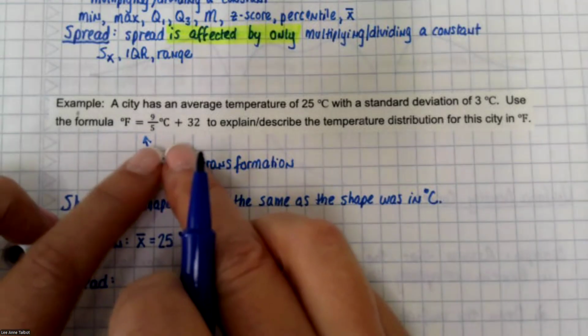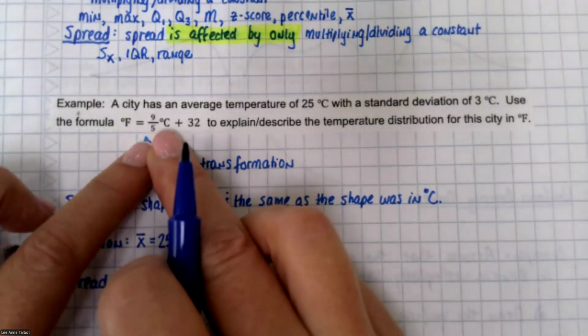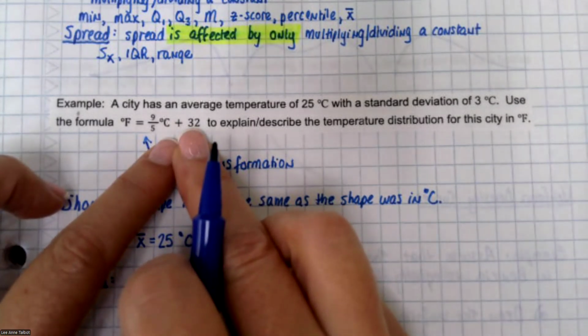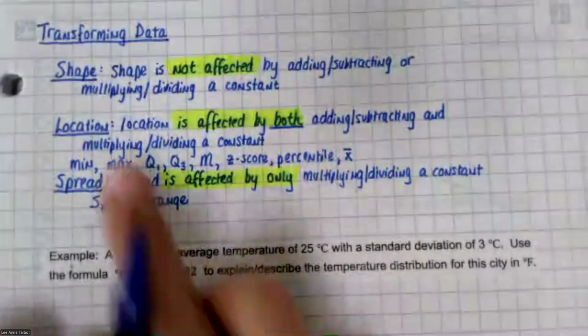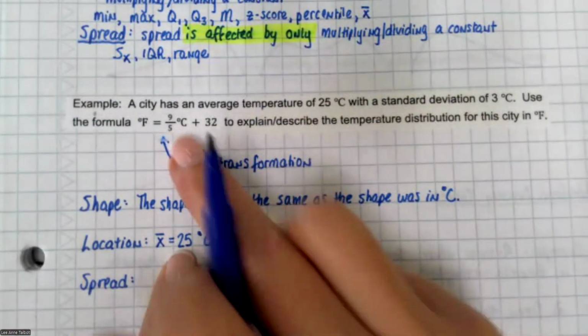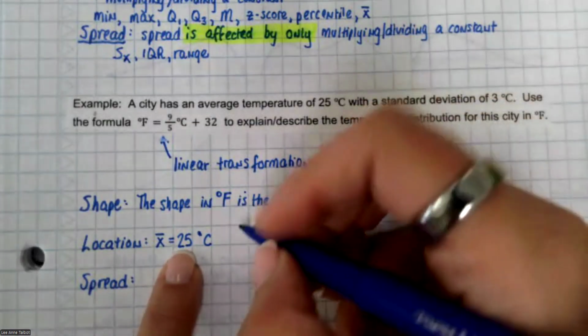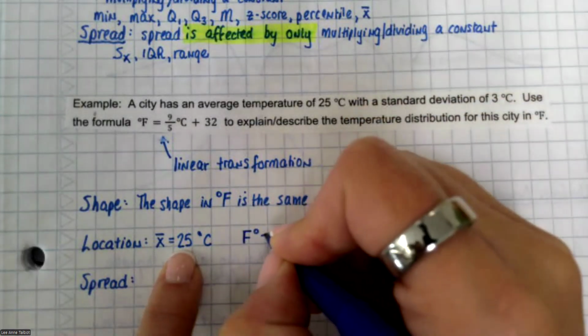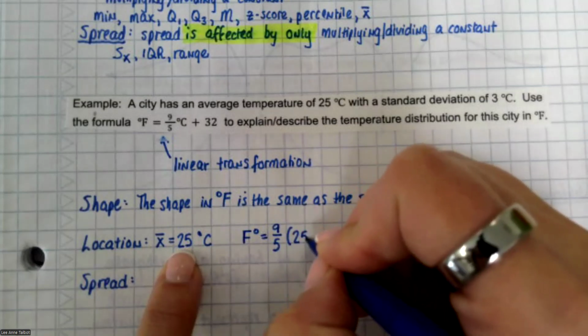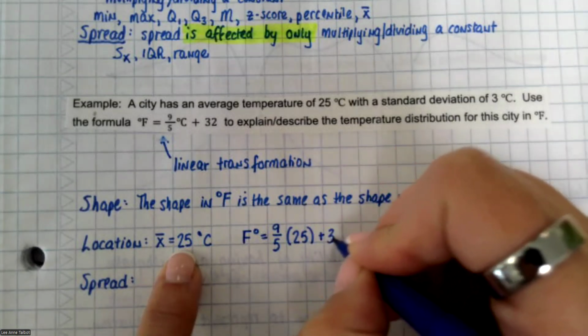Okay. And measures of center. Measures of center, are they affected by multiplying? Yes. Are they affected by adding? Yes, both things. So location is affected by both, which means that I'm going to take the 25 and plug it in for Celsius. So Fahrenheit equals 9/5 times 25 plus 32,